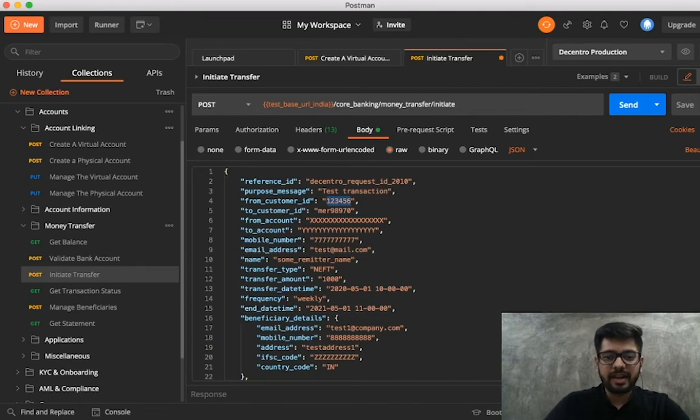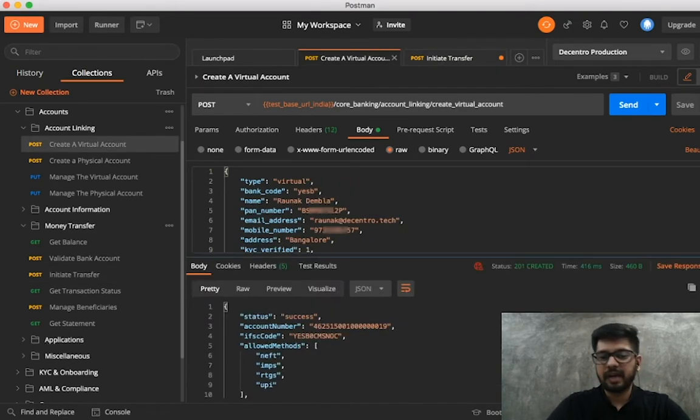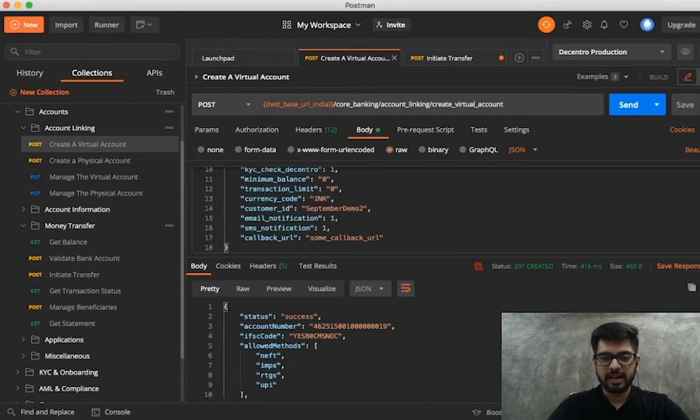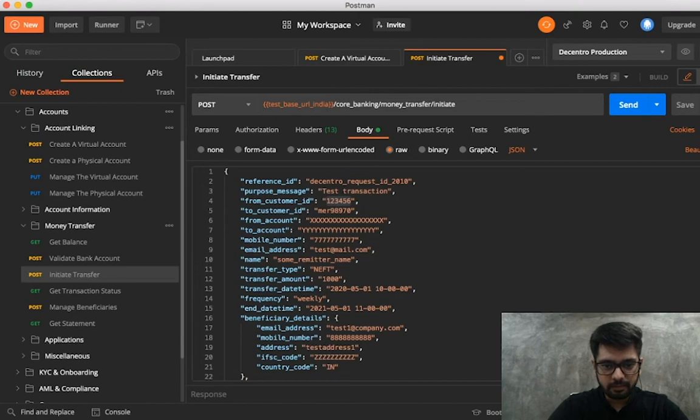The customer ID is the same ID that you use in your system to identify a customer. I'm going to copy paste it for ease. The to customer ID does not exist because I'm going to transfer it to my savings account. Now I'm going to enter the account number that we just created.